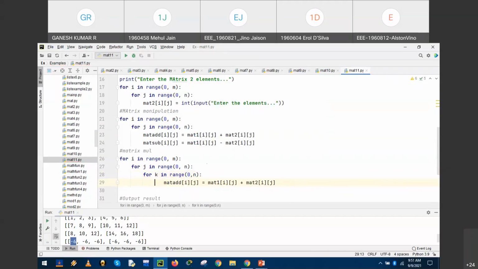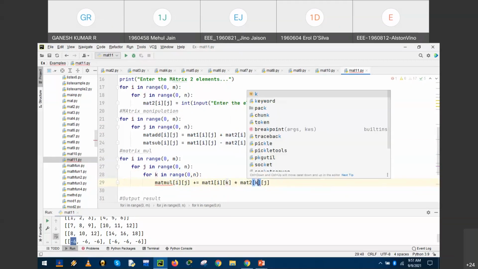So the matrix multiplication. Matrix mul of i comma j plus is equal to matrix 1 of i comma k into matrix 2 of k comma j.